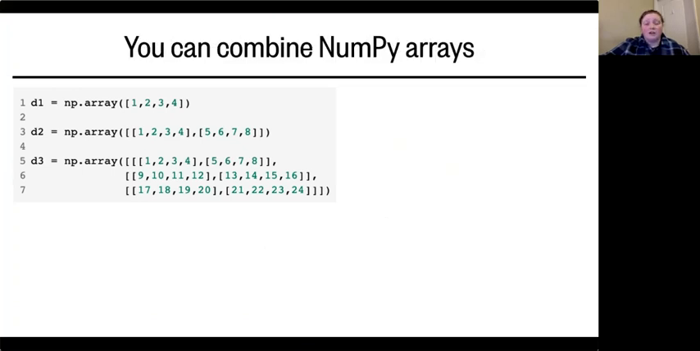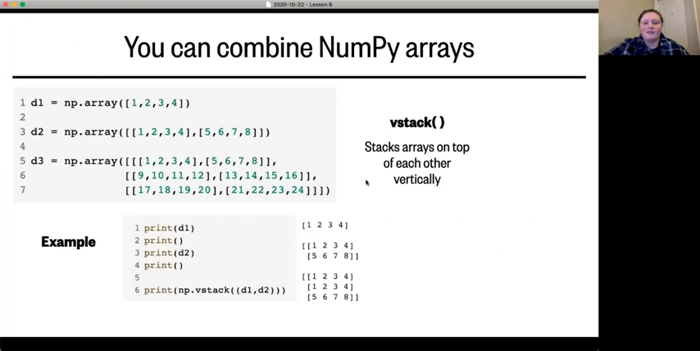So you can also combine your NumPy arrays. Instead of adding them or doing arithmetic with them, you can combine them into a single NumPy array in order to make things easier to work with or save it as one big array. So one way to do that is to do vstack, which stacks the arrays on top of each other vertically, right? So here we have D1 and D2, and then we say np.vstack